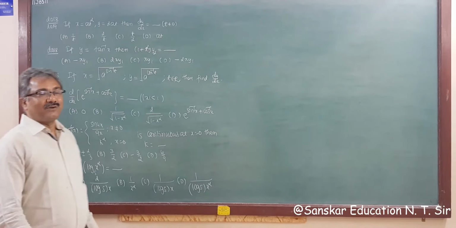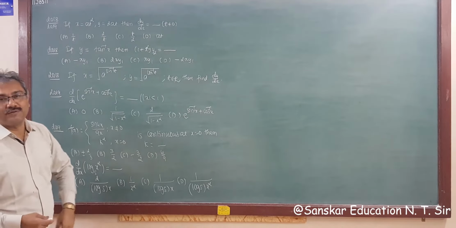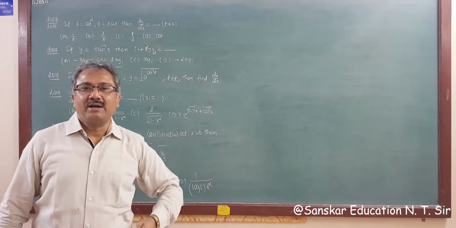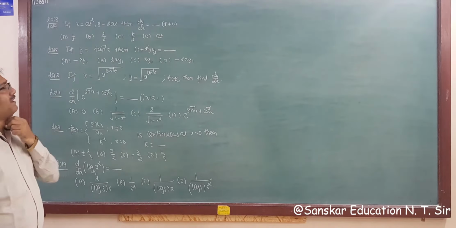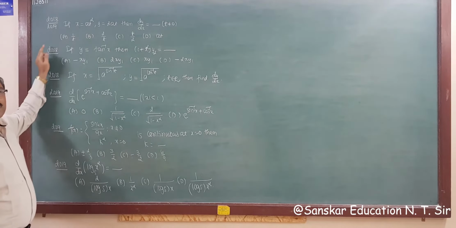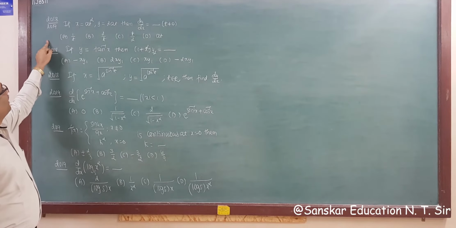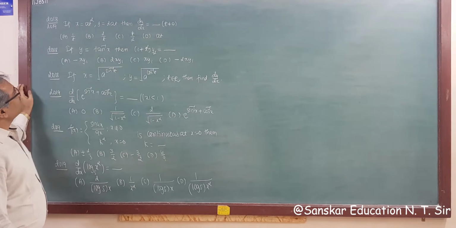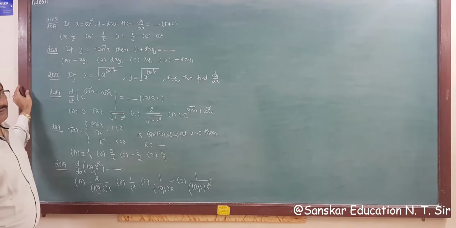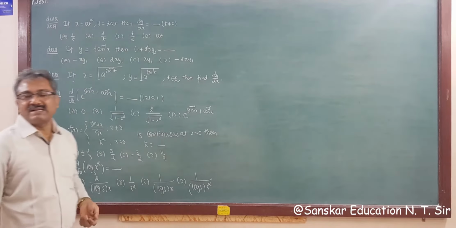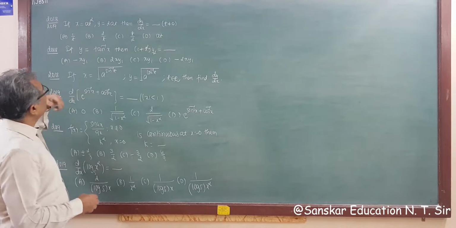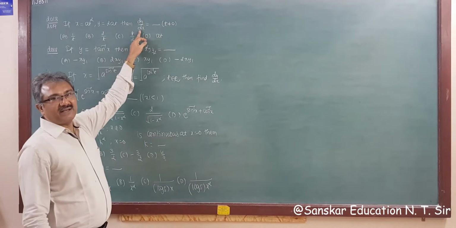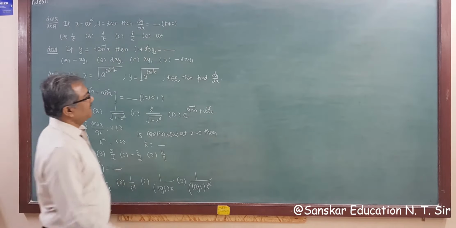Today we are also continuing with the solution of Gujarat board questions, and today's question is starting from the exam of 2018. This question is also asked in 2019. If x is equal to at square and y is equal to 2at, then dy by dx is equal to blank. We did this type of example in previous year questions, right? In that we had to find d square y by dx square, and here simply dy by dx.